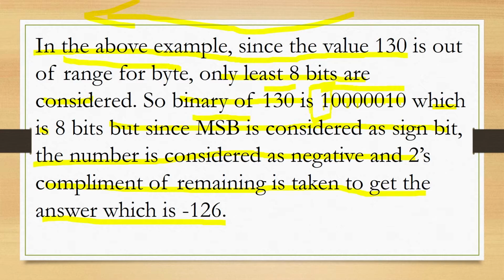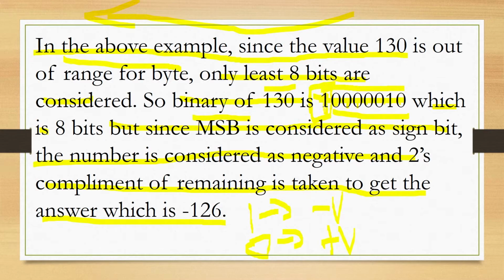So this is a universal convention. Always keep this in mind that in binary representation, if the most significant bit is 1, then the number is negative. This most significant bit is used to represent the sign of a number. Whatever value is being stored here, this MSB is used to represent its sign. So if it is 1, then the number will be negative, and if it is 0, then the number will be positive. So 1 represents a negative value and 0 represents a positive value.